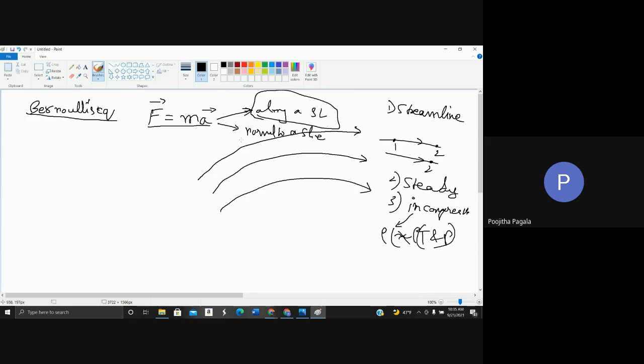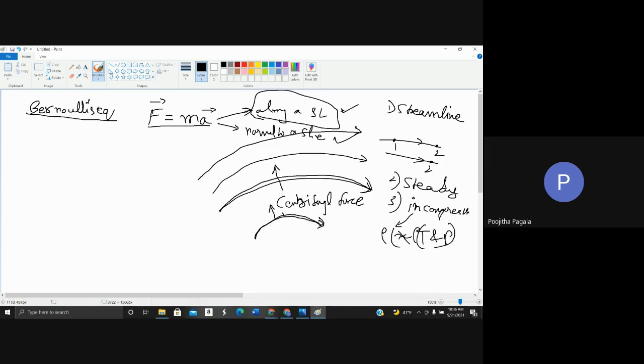I will not derive the equation, but you can find both these equations in any fluid mechanics textbook, along a streamline and normal to a streamline. Along a streamline, we know that the fluid is going to accelerate, but normal to the streamline there will also be an acceleration because of centrifugal force. Whenever a particle is traveling in a curved line, it will experience an outward force,